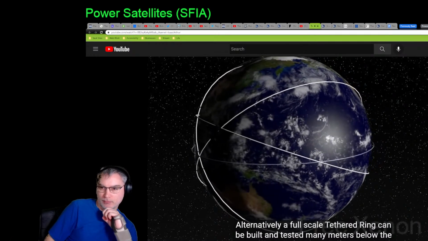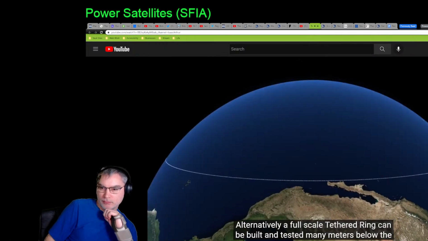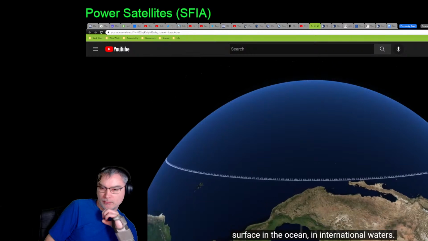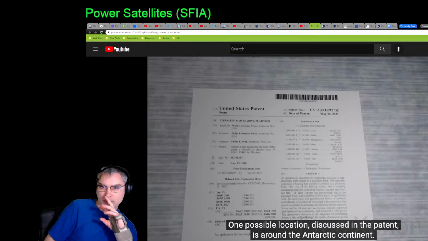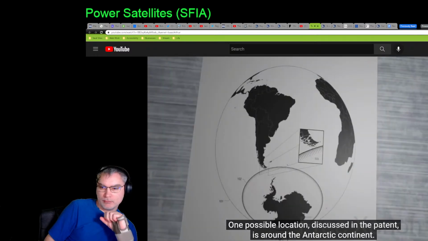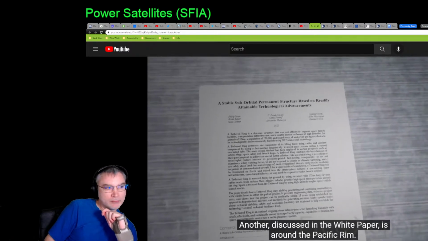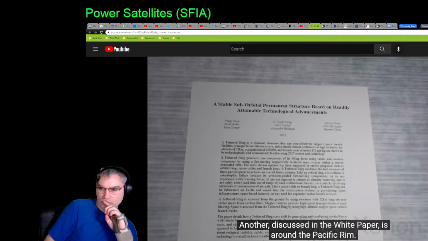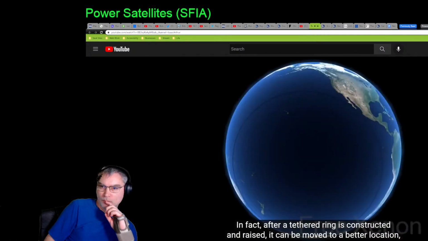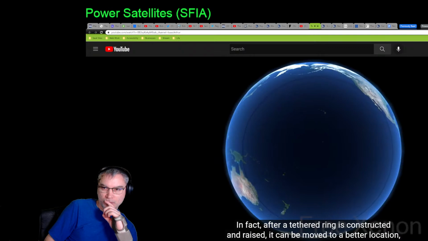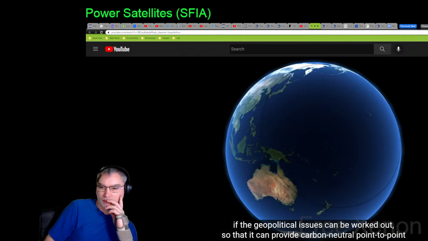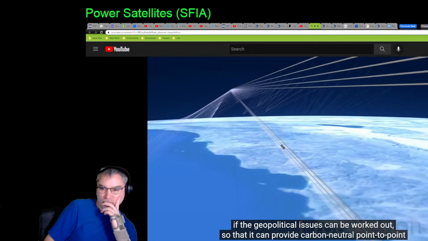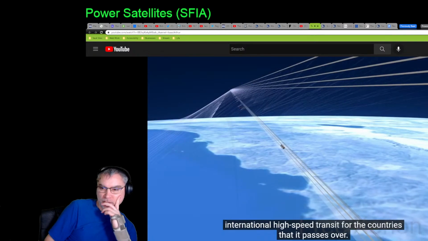Alternatively, a full-scale tethered ring can be built and tested many meters below the surface in the ocean, in international waters. One possible location discussed in the patent is around the Antarctic continent. Another, discussed in the white paper, is around the Pacific Rim. In fact, after a tethered ring is constructed and raised, it can be moved to a better location if the geopolitical issues can be worked out, so that it can provide carbon-neutral, point-to-point, international, high-speed transit for the countries that